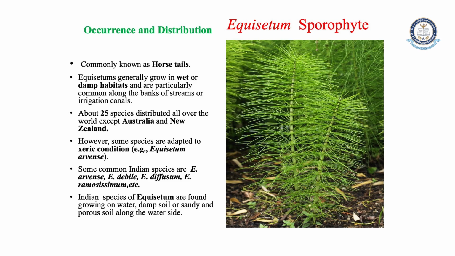In this genus, about 25 species are distributed all over the world except Australia and New Zealand. The common species are Equisetum debile, Equisetum diffusum, Equisetum arvense and Equisetum racemosum. Indian species are found growing near water, and these plants prefer to grow in wet